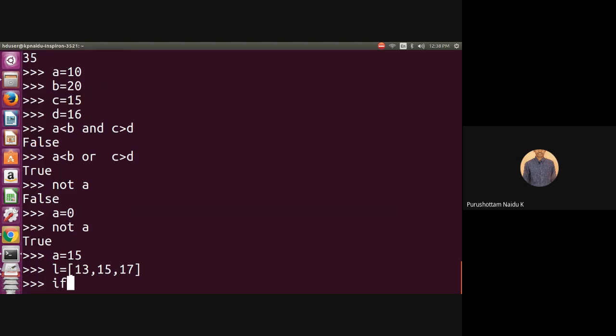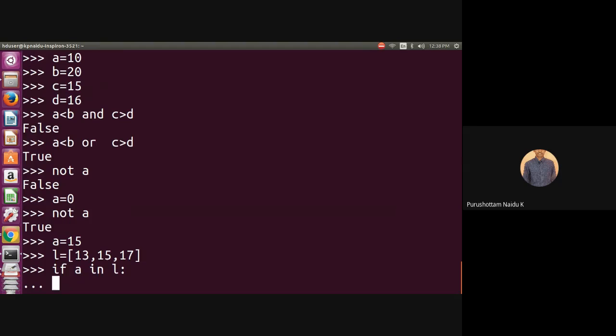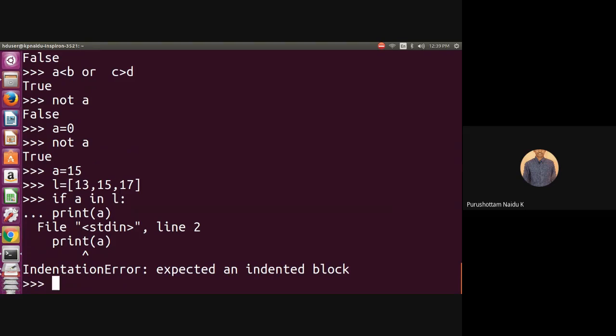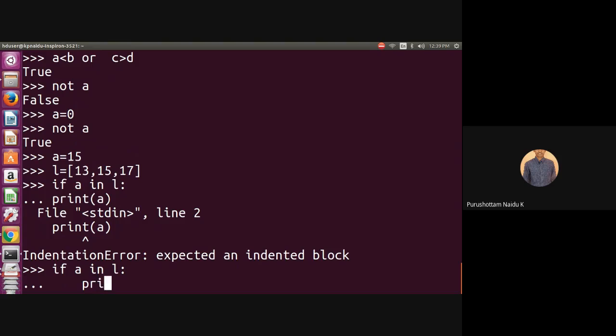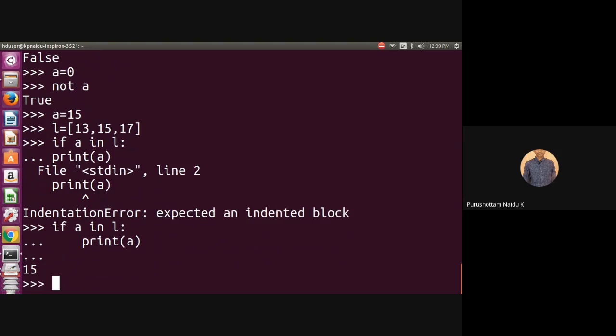So if a in L, then enter, print of a. It prints 15. Okay, so let's see this example.